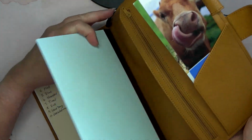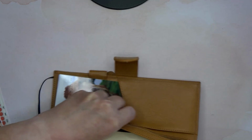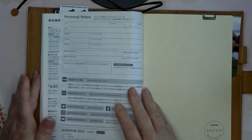But like I said, it is so much fun to, I'm going to have to turn it this way, guys. Oops, I feel like I just cut my thumb. I hope I didn't. Alrighty. There we go. So,